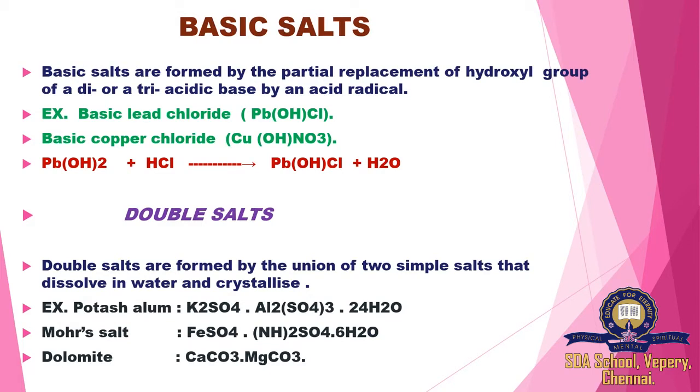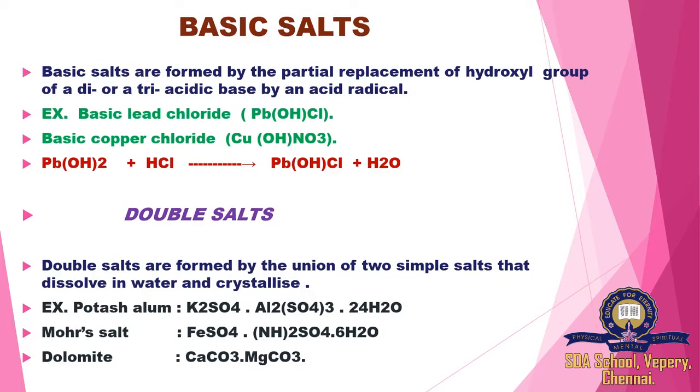Basic salts. Basic salts are formed by the partial replacement of hydroxyl group of a di or a triacidic base by an acid radical. Here, the replacement of hydroxyl group, it forms a salt. Example for this, basic lead chloride. Why is it basic? So, the OH group is present in the salt itself. PbOHCl, and then basic copper chloride,